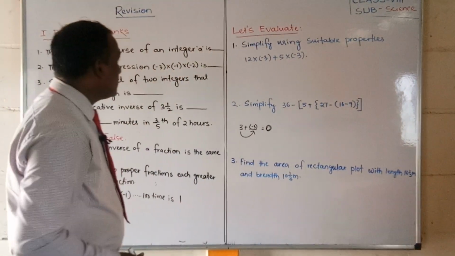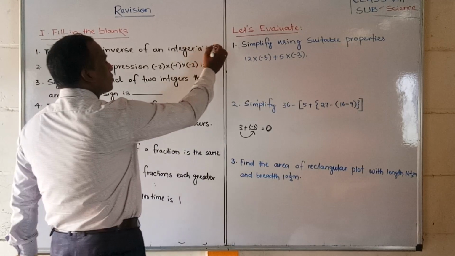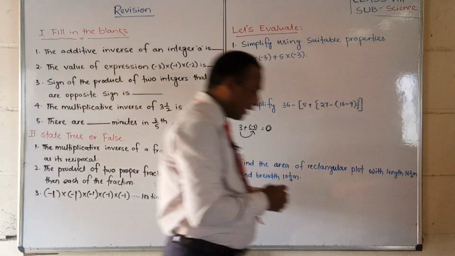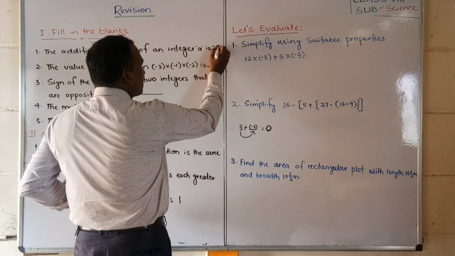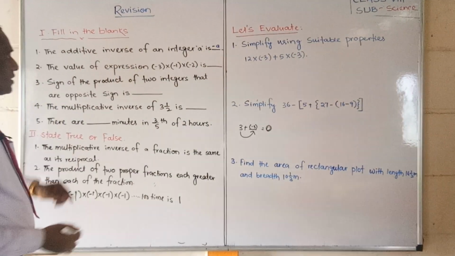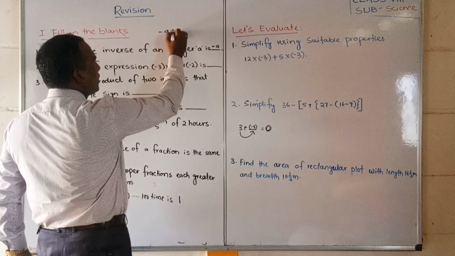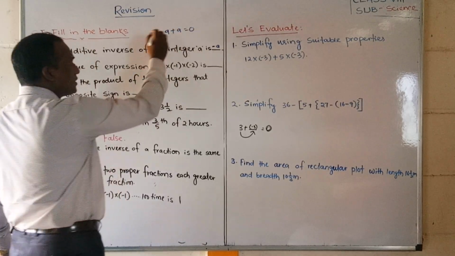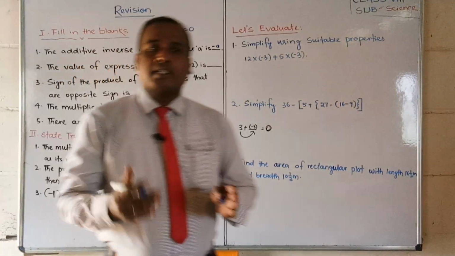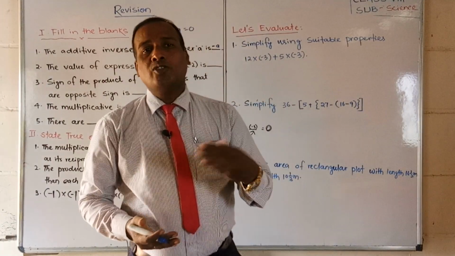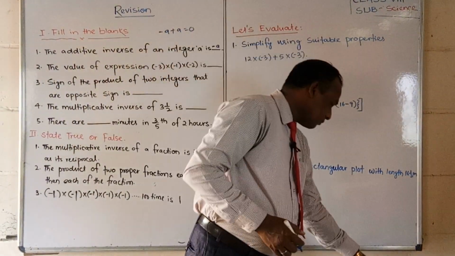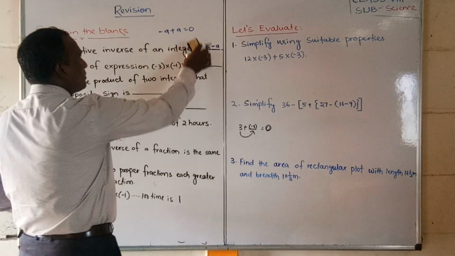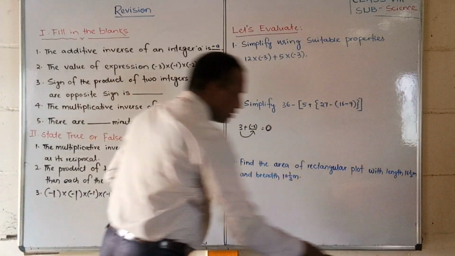or minus 3 is also called the additive inverse of 3. So what is it here? Given a, we can write minus a. Why? Since minus a plus a is equal to 0. Hence minus a is also called the additive inverse of a, or a is also called the additive inverse of minus a. Both are each other's additive inverse.